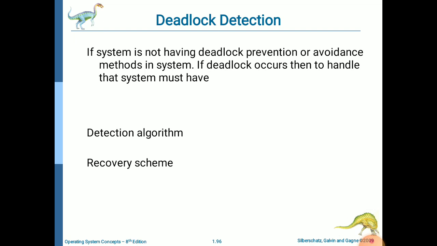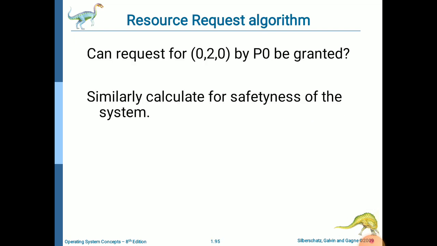So the other method is deadlock detection. We learned about deadlock avoidance. Avoidance means that for the running system, the algorithm will check whether a deadlock is happening or not. If it is happening, then it will avoid the allocation of resources. If it is not happening, then it allows the execution to continue.